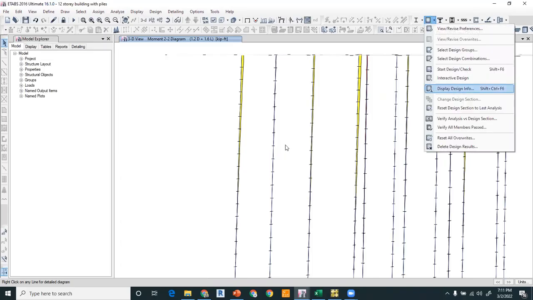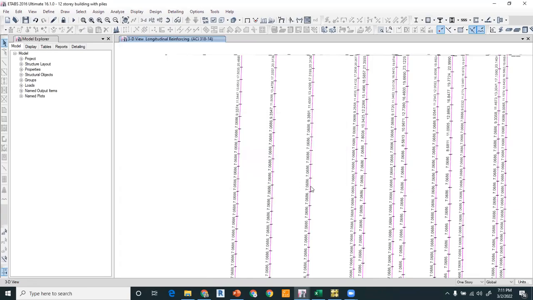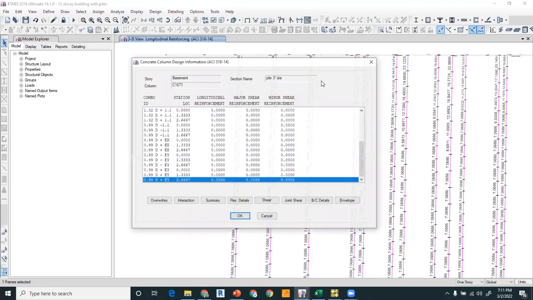Let us go again to the display design. So this is the design, and you can see it is 1% in here, which is a very large percentage of reinforcement. This is designed for the earthquake combination 0.9D and earthquake. And if you click on the summary,